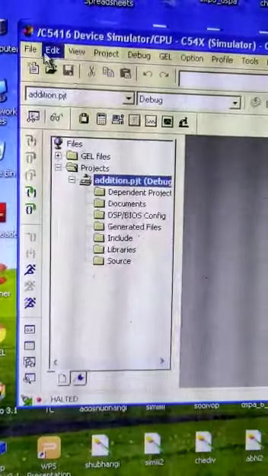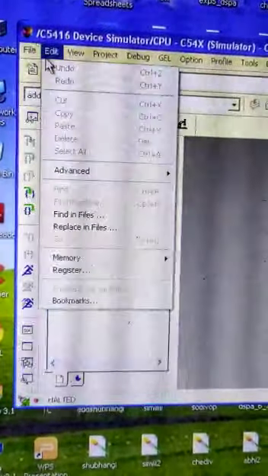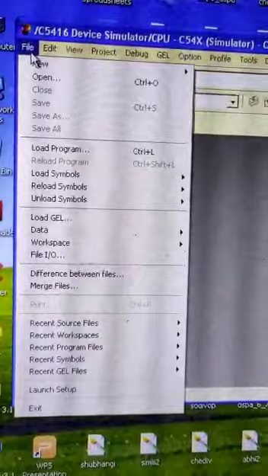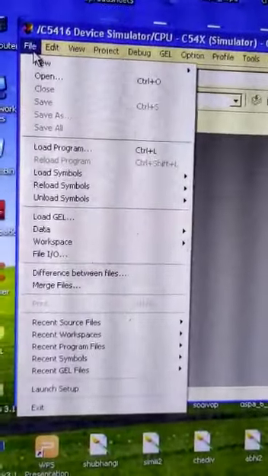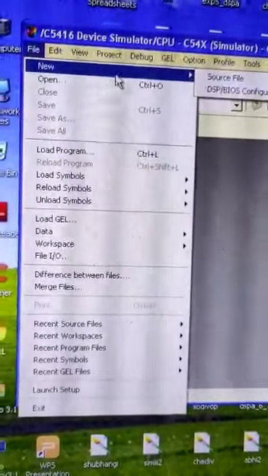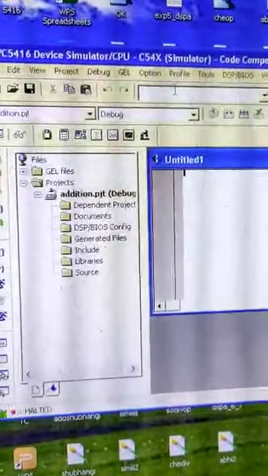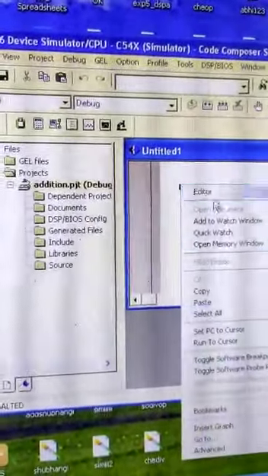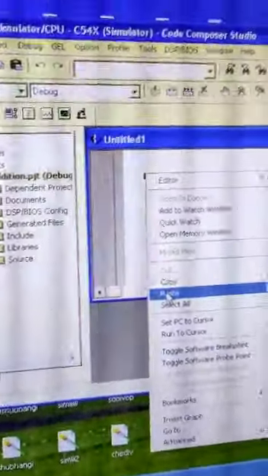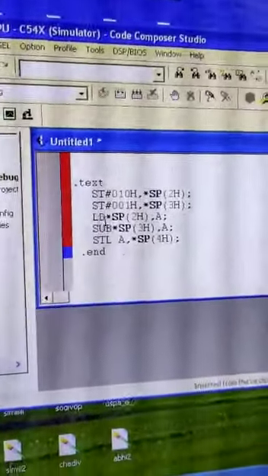Now we have to add 3 types of files to this. One is the source file. First we have to create a source file. So we'll go to new source file, and there is already a written program, which can be copied right now. You can write your own program also.